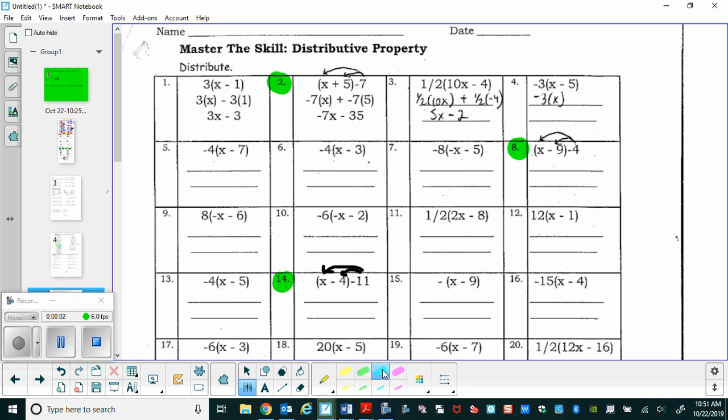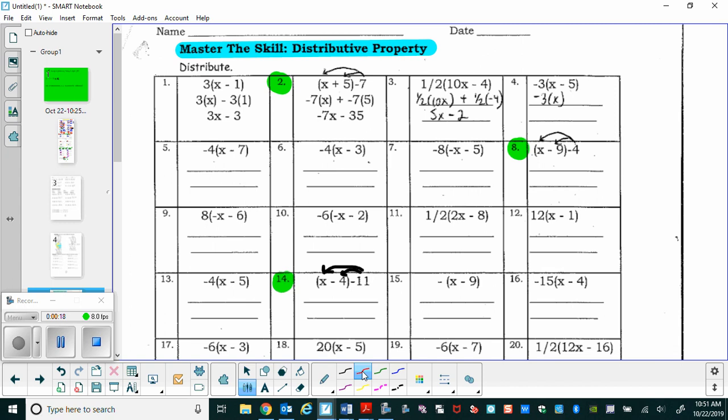So in this video, I'm just really going to quickly go through the directions for page 11, where you're going to practice just mastering the skill of the distributive property. I wanted to explain the work that you see here for the first couple. I did the work here for number 3,